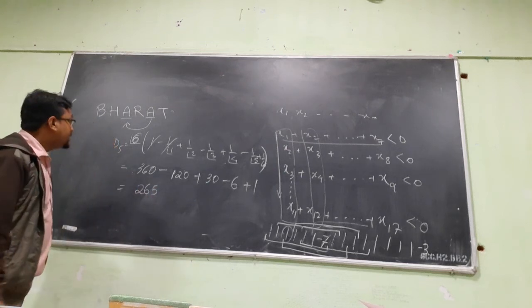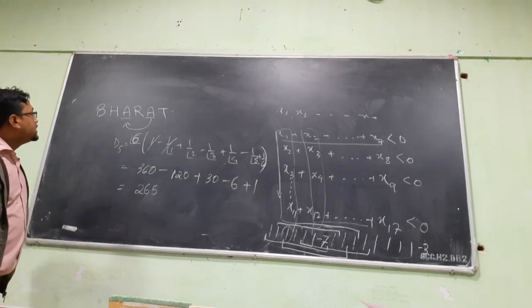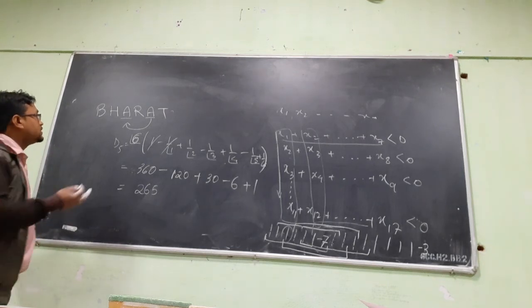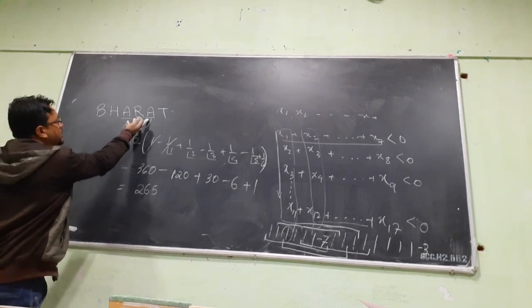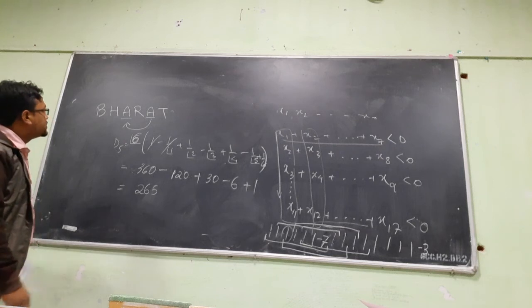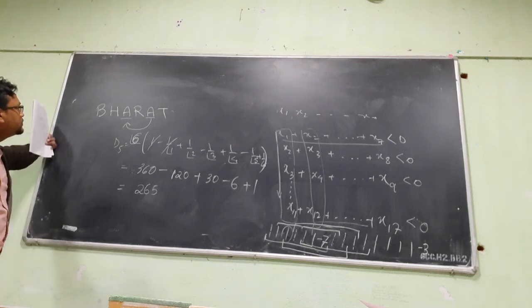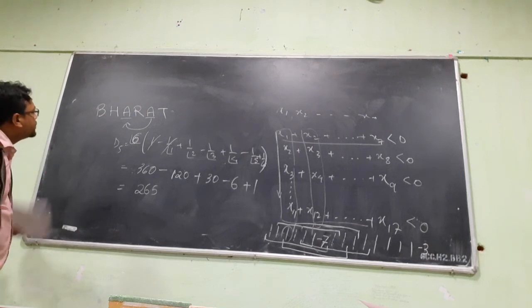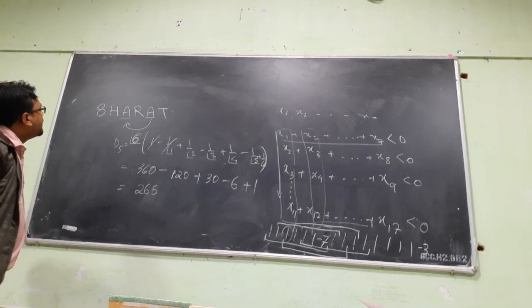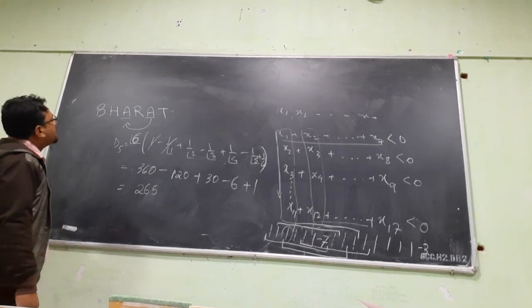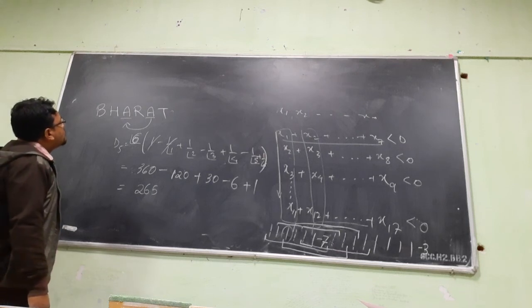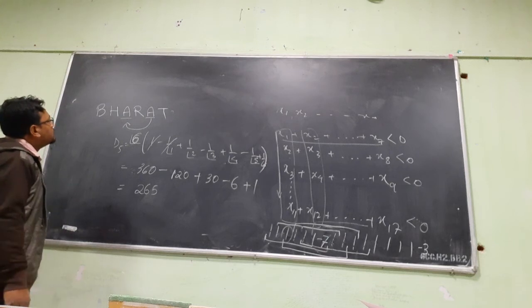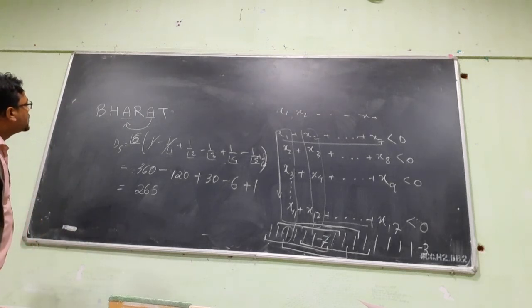So these many arrangements are there where no letter is in its correct position, but out of them there are some arrangements where these positions are interchanged. We can find it out. A appears